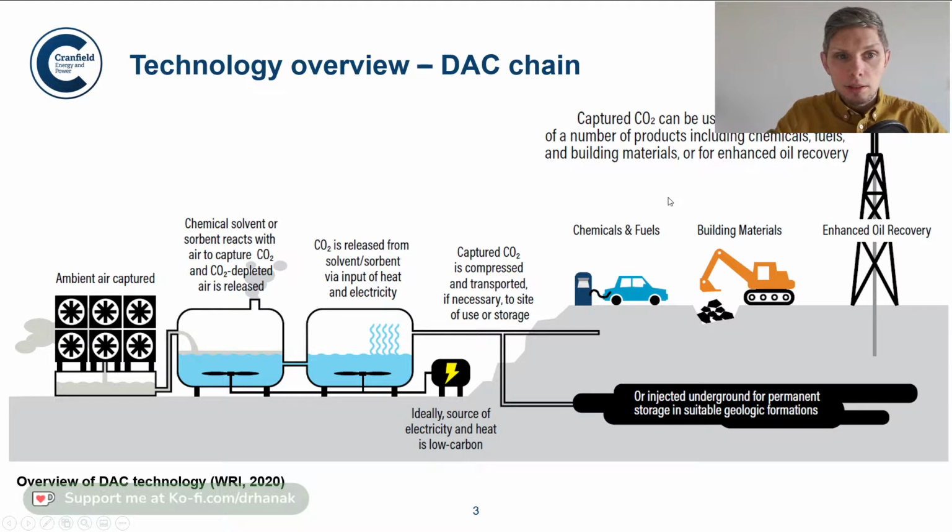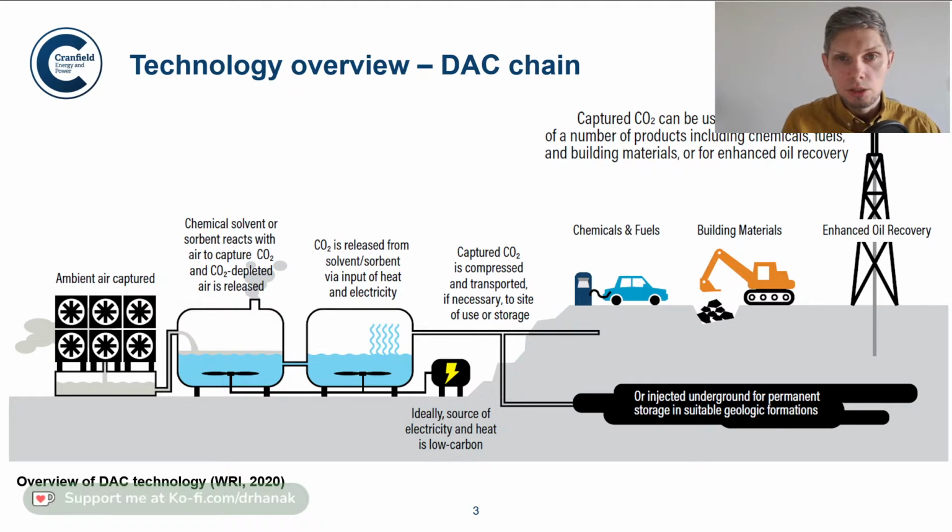So looking at the technology overview, direct air capture is, of course, a chain of processes that we would need to implement. It's not a standalone technology. So we do start with taking CO2 out of the air. That is one of the most difficult things that chemical engineers can tackle, right? This is mostly because we have very low concentration of CO2 in the air from the chemical engineering perspective, and you do have to use very strong solvents that will actually capture that CO2 or remove that CO2 directly